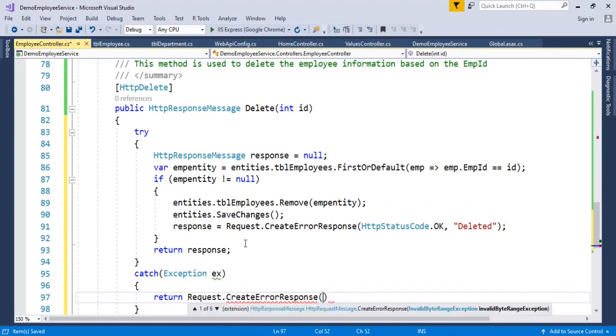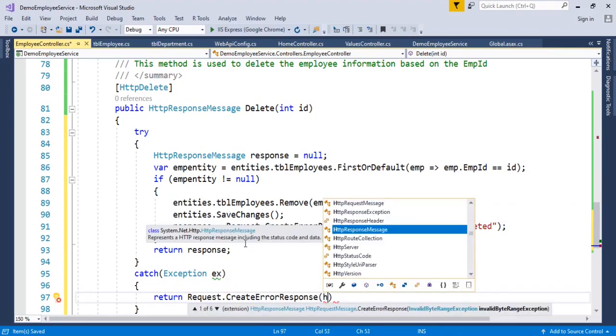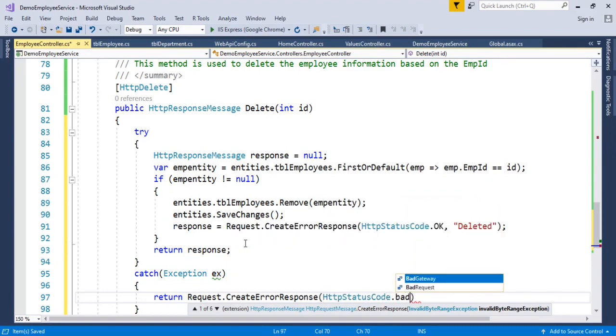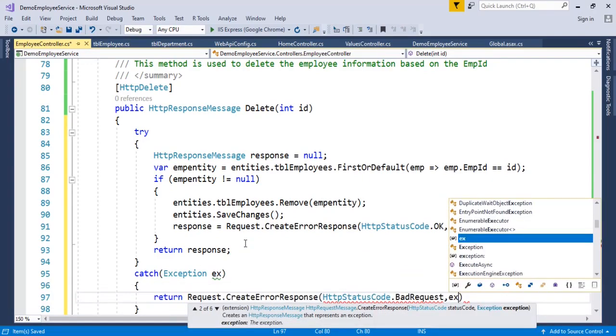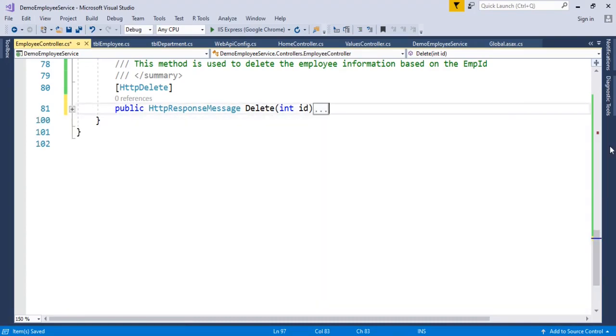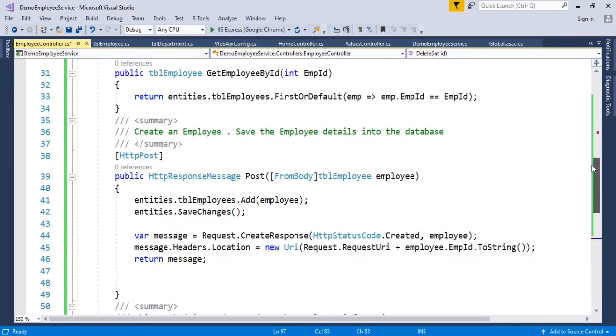In the catch we are going to write the HTTP status code dot bad request, and we are going to pass the exception message, the exception object. So this is for deleting. Let's see all the methods one by one.